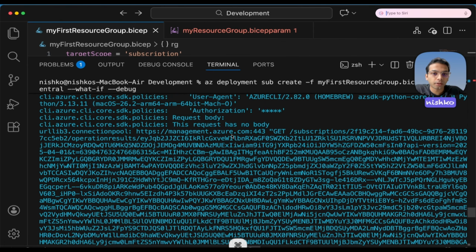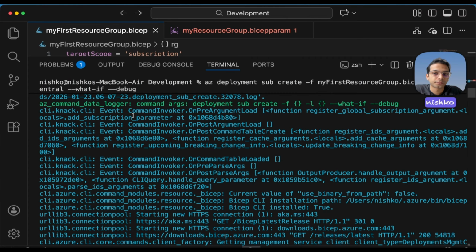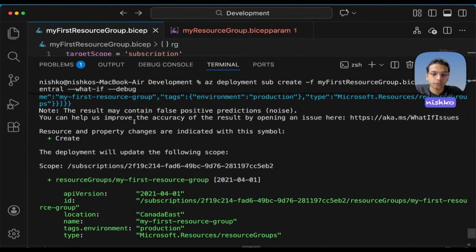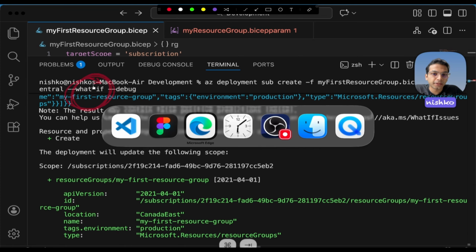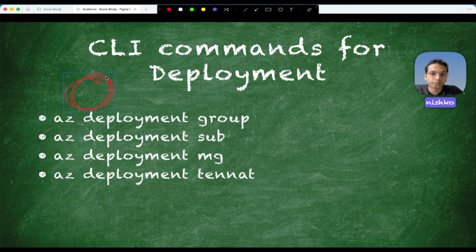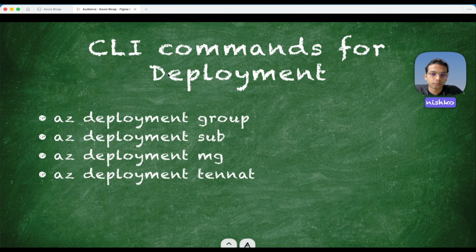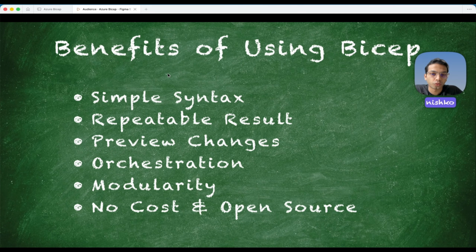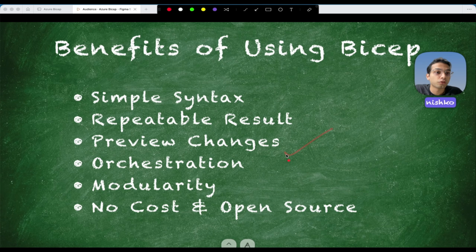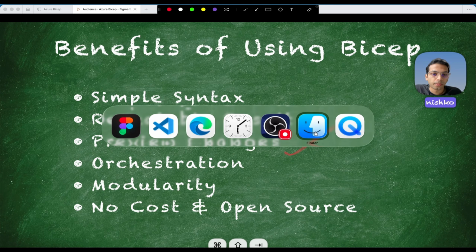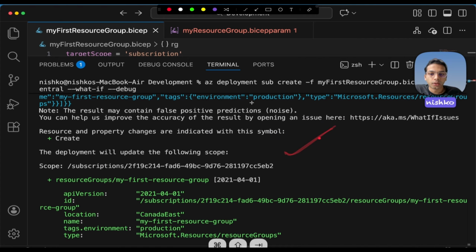As you remember, we wrote the what if command, as you can see here. Let me just make it red: we used the what if command here, right? And in the Figma slide I showed you the benefits of Bicep. There I explained that we can do preview changes. Now let me go here. That preview changes is actually this thing. So in the command line,